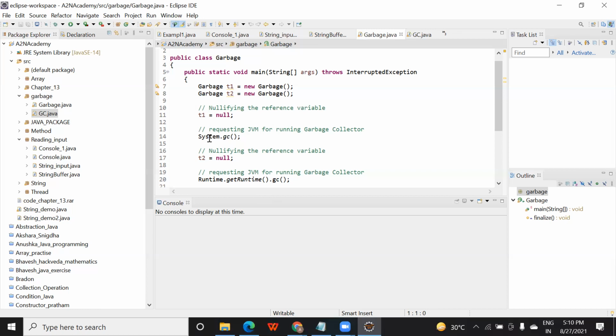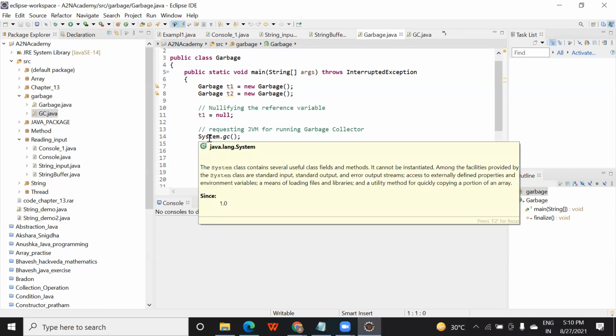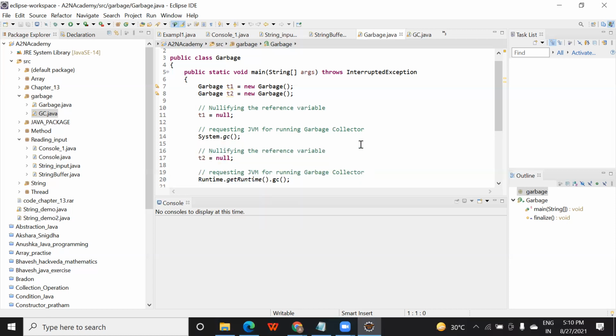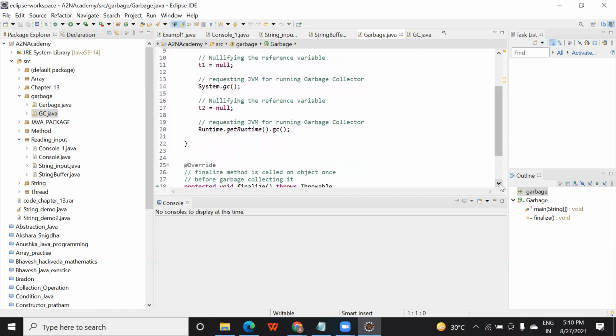System means at the system level it will release it. The system will call the JVM and tell it to calculate the memory and release it. At runtime, it will calculate the memory, and when you call Runtime.getRuntime().gc, it will release the memory.